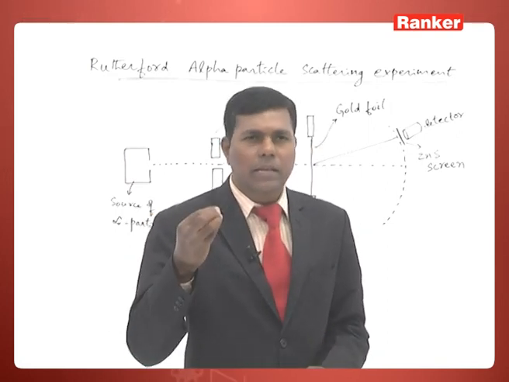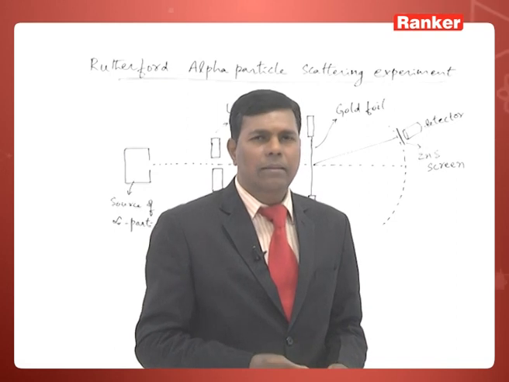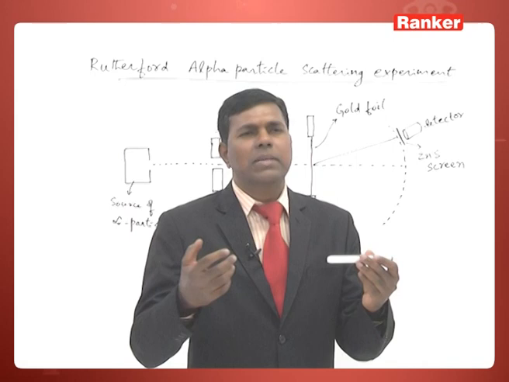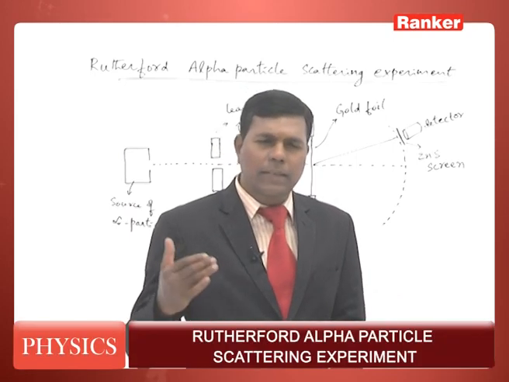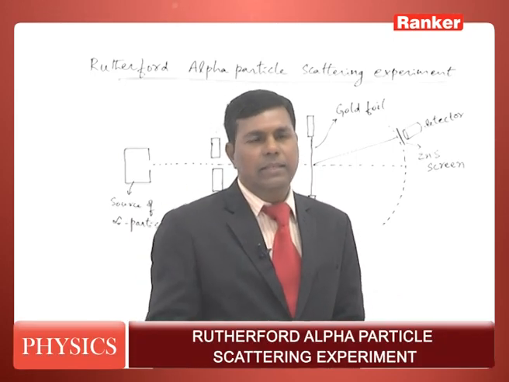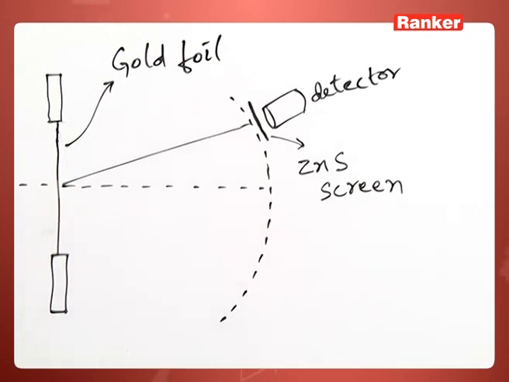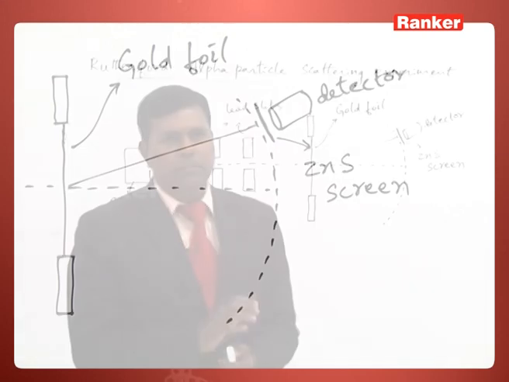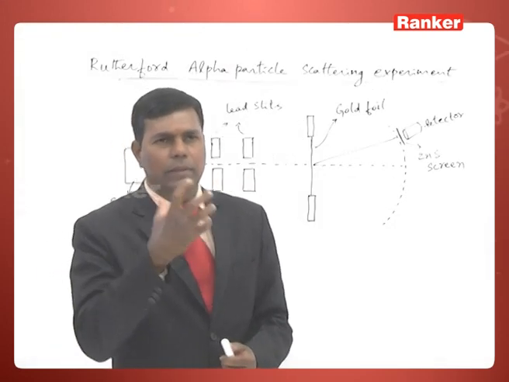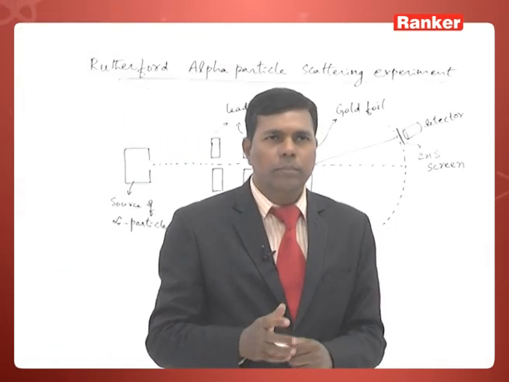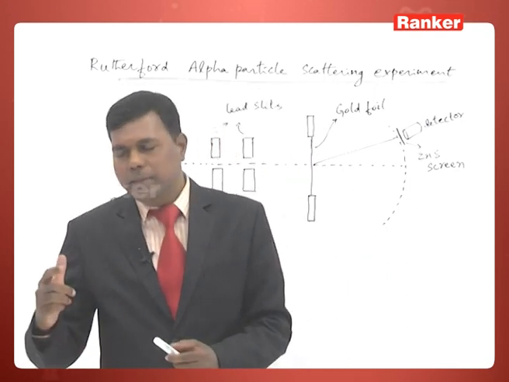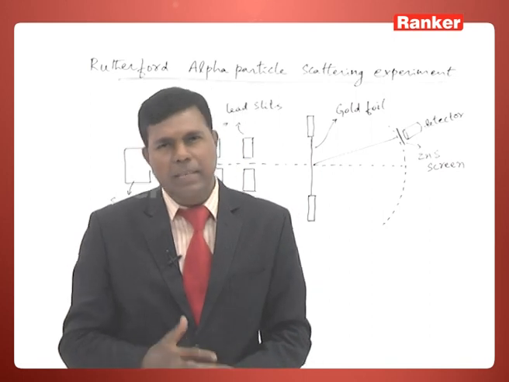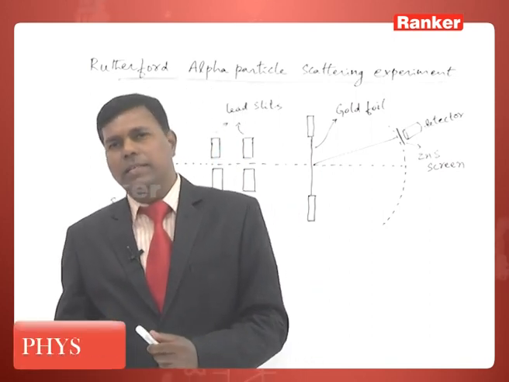See, alpha particle is also a positively charged particle, therefore, between the atom and the alpha particle there must be a repulsive force. Due to that, this alpha particle may get deflected. But if the positive charge is uniformly distributed on the sphere of atom, like the earlier picture of Thomson atom model, in such case what will happen is, these alpha particles, all of them should be uniformly deflected by the same angle, but it is observed that some of them are